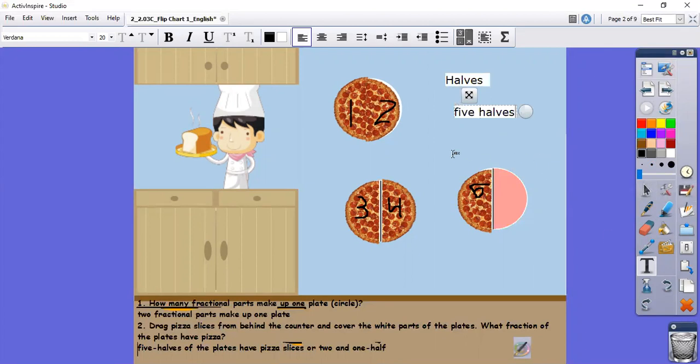Another way I could write this is to show you that I have 2 whole and 1